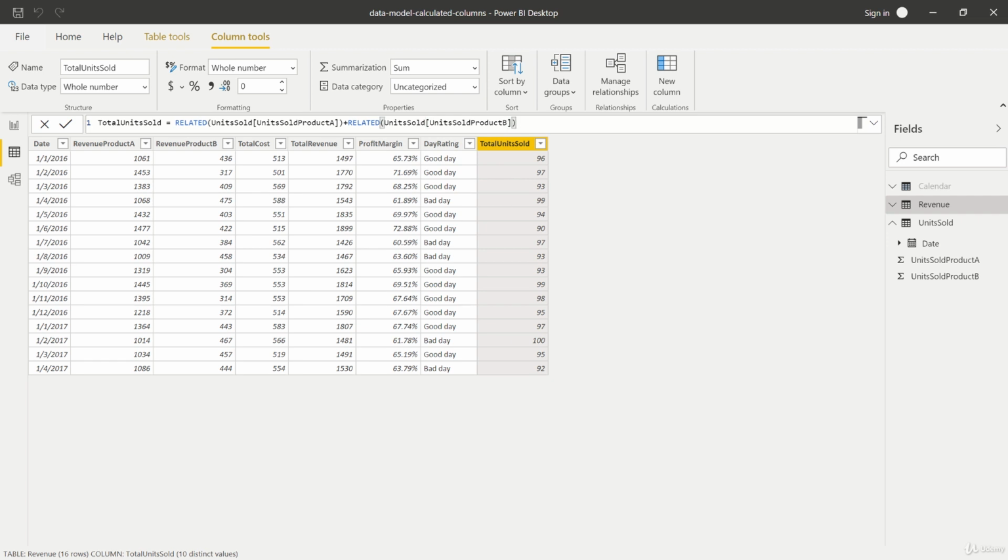So very important here, as you saw it before, you could use the plus sign to combine the information from two columns in the existing table, but you can also use it to refer to two columns from an entirely different table. This is also working, so let's press enter again. And as you can see, now we have the total units sold for product A and product B.